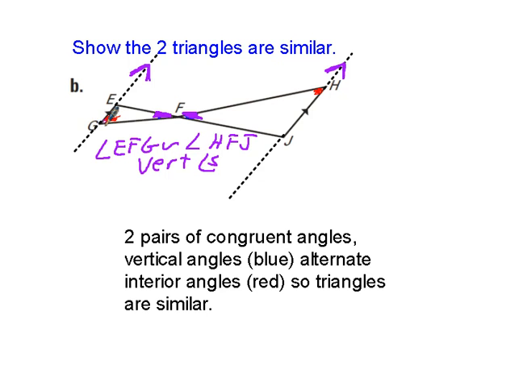We have angles EGF and FHJ are also congruent because they are alternate interior angles. So we have two angles and corresponding angles of the two triangles are congruent. So we can say that triangle